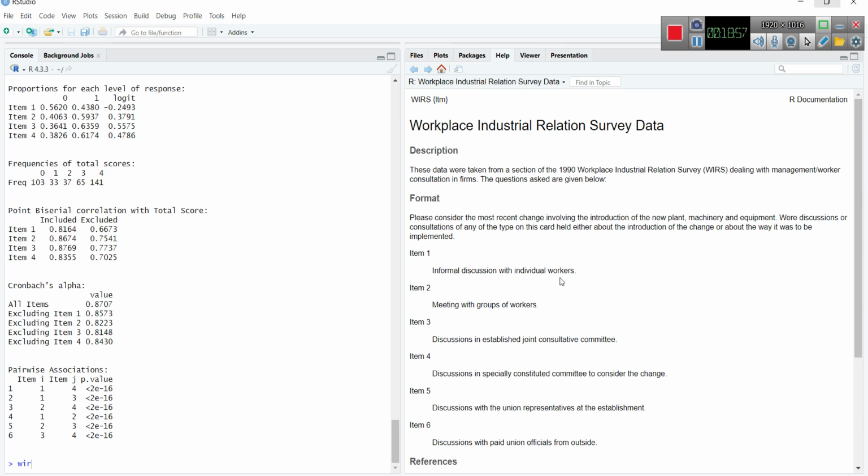Informal discussion with individual workers, meeting with group of workers, actually about the manager and superintendents. This is the questionnaire that is actually for the superintendents and the managers of the workers. Informal discussion with individual workers, meeting with groups of workers. It's a yes or no question, so it is binary. It's not Likert scale. It's also binary. Yes or no questions